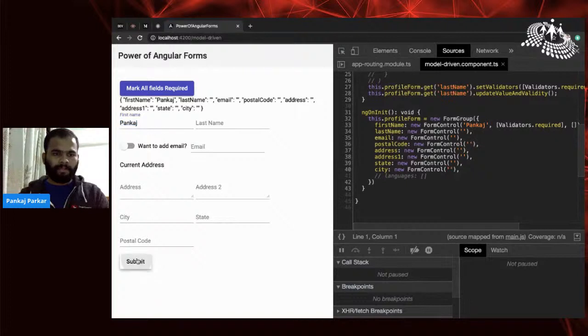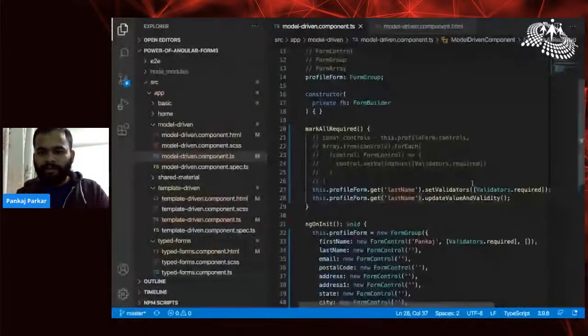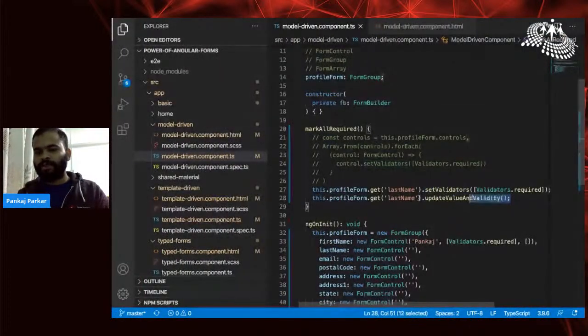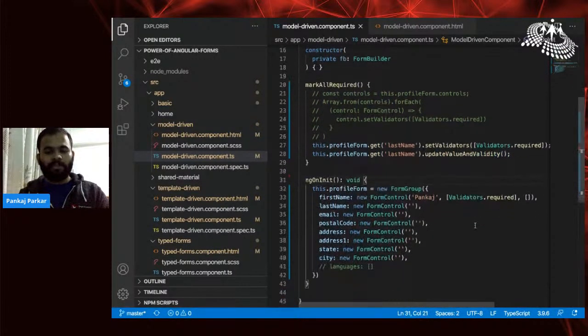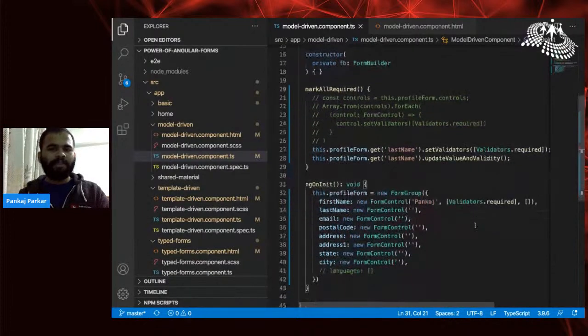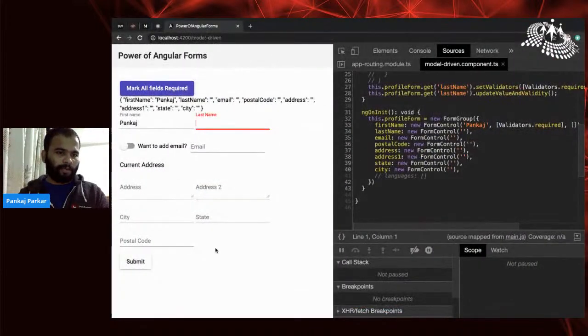Okay, submit it, then check. Okay, see, this is direct. So you have to make sure that whatever field you are modifying, that should update the validity of it, not the form level, because it won't flow down to each child form control. So this way it will work. And one more thing, which because of time I could not cover,